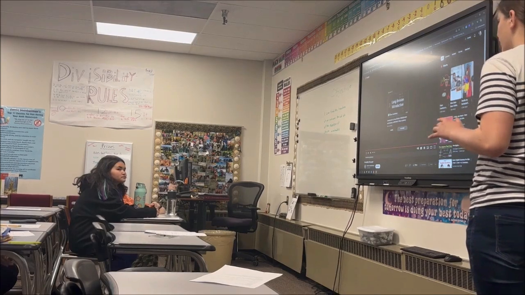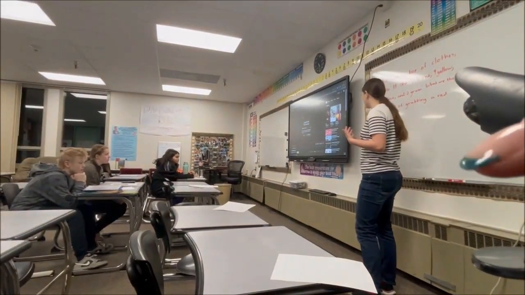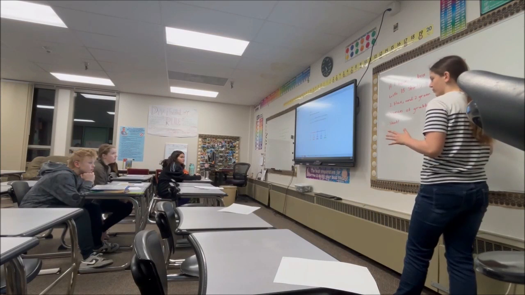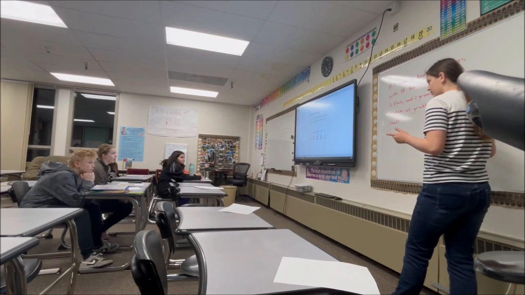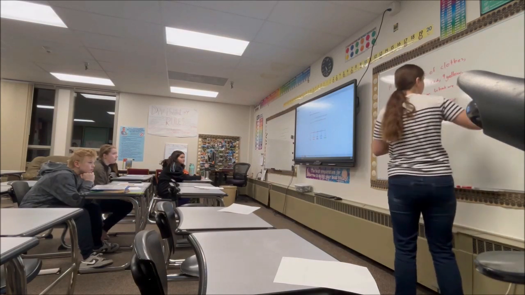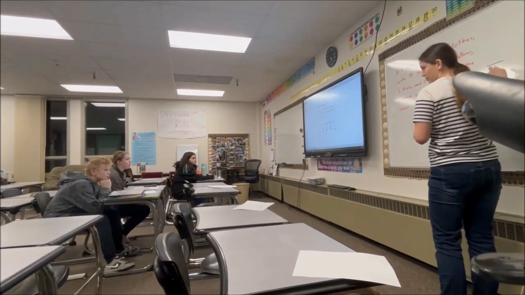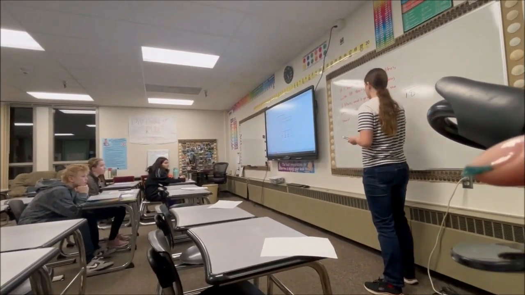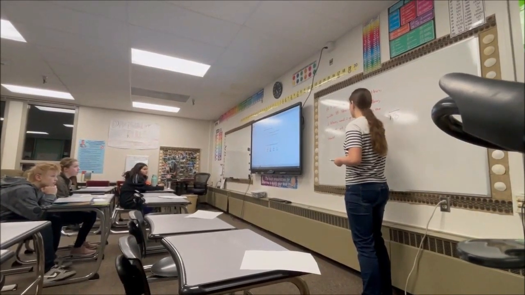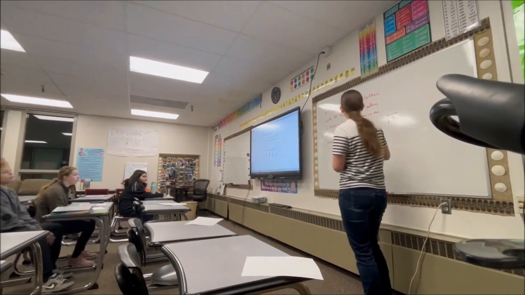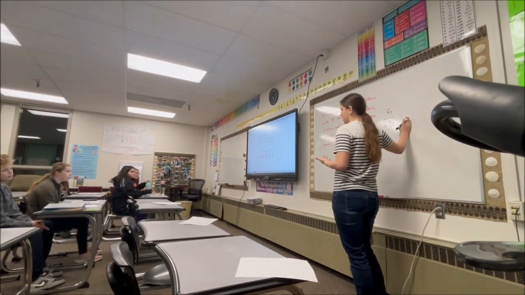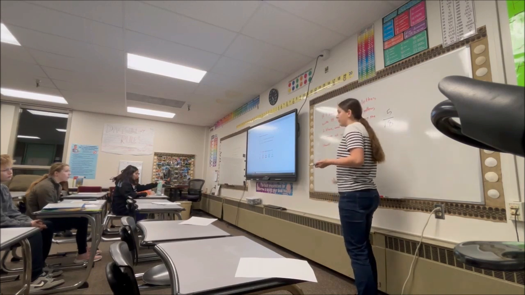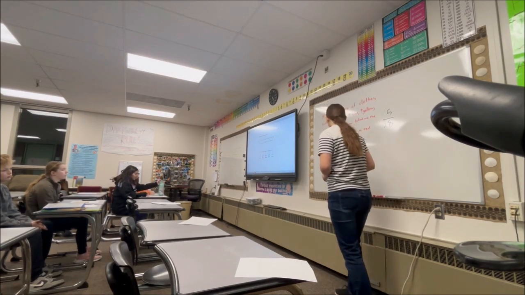Alright, so do we all think we have an idea of that? We all understand it pretty well. So how do you know? If we know there are 18 shirts total, what would we do with that number? Make it into a fraction. Good. So what would we put at the top or the bottom? The bottom, because that's the total amount. And now since we're trying to figure out a red shirt, how many red shirts are there? 5. Good job. And we would get 5 over 18. And because 5 over 18 doesn't reduce at all, our chances of grabbing a red shirt are just 5 over 18.